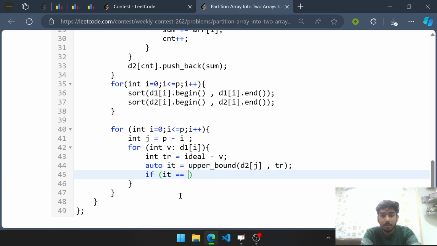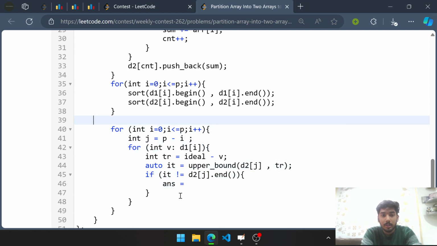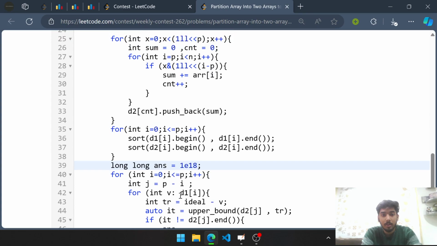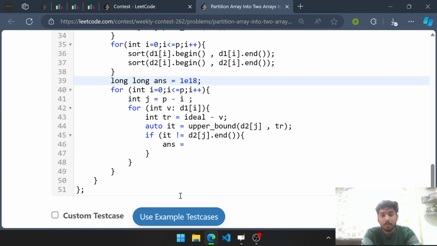But now if it is not equals to d2 of j dot end, and then your answer, int answer equals to 1e18 मांगा जाता है बेचारा, इसको लॉन्ग नंबर पड़ेगा। लॉन्ग नंबर से ले नहीं जाओगा उसको, बट चल कोई नहीं, सो माय answer equals to minimum of answer, comma